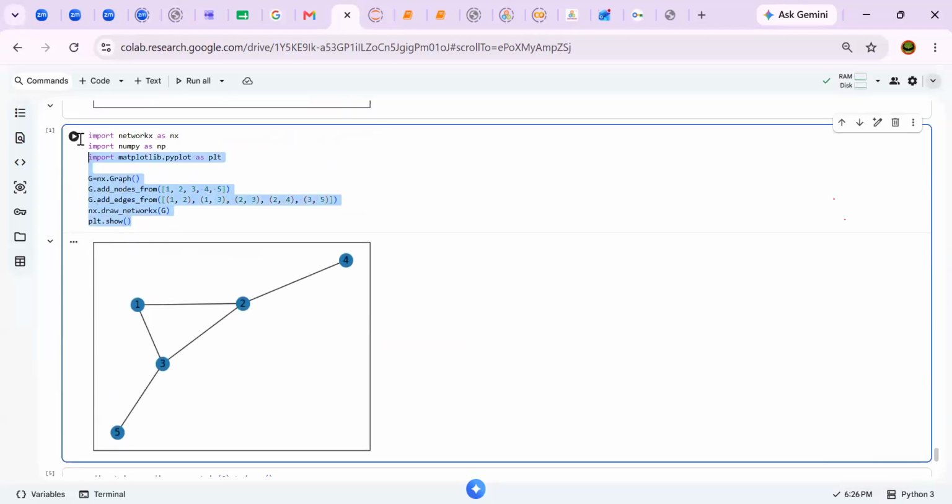This we have already done in almost the last two days: how to create a graph in Python. So we have created a graph. We have nodes 1 2 3 4 5, and an adjacency list: 1 2, 1 3, 2 3, 2 4, 2 3 5. So these are all the adjacency list. After that, we visualized the graph. So this is our graph, and after that we need to